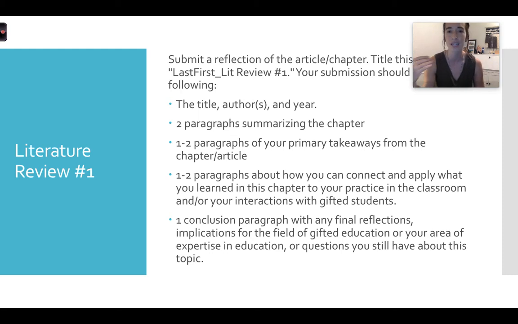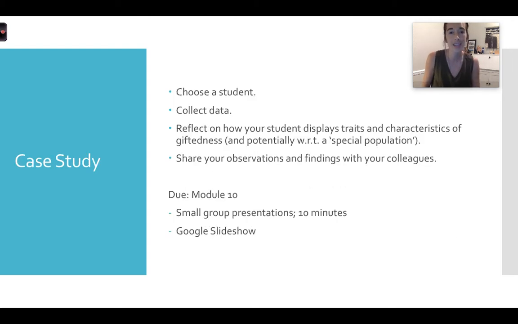I'm hoping that by giving you the structure, it just makes it easy to know what I'm expecting. So depending on how verbal you are, how much you want to write and reflect will depend on how long it is, but it's going to be roughly 2, 3, 4, at least 5 paragraphs, maybe 7, no longer than that. For your case study, in general, and I'm going to navigate to the guidelines in just a moment,